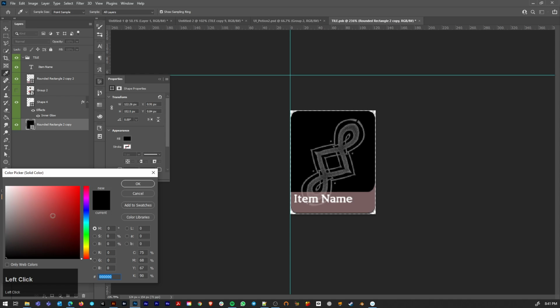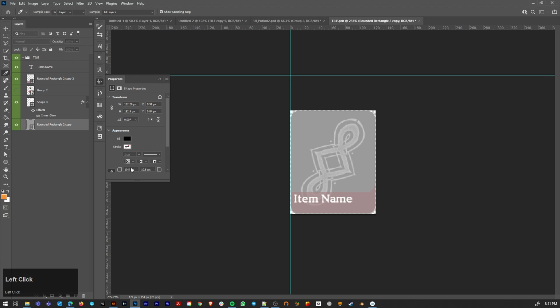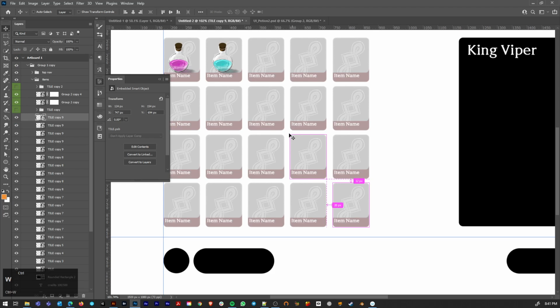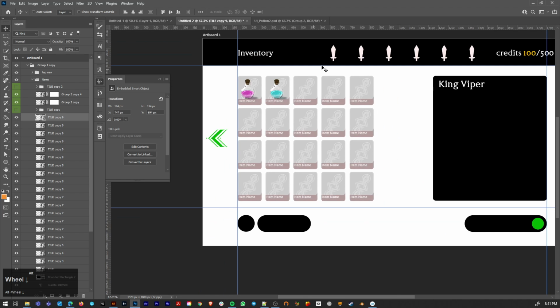So go back to having that a grey at 52. I was just going to drag the effect on top. I want to see what it looks like. Well, the transparency is not clear because we need a picture in the background, so